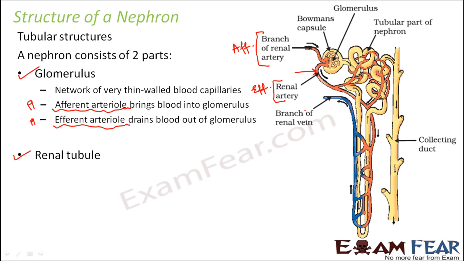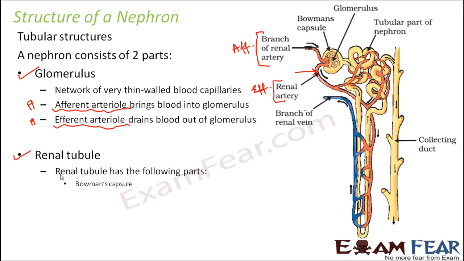So for now, just understand that the glomerulus is a network of highly coiled capillaries. Okay, the next part is the renal tubule. The renal tubule, as you can see, is a long tubule where some of the portions are very coiled, some of the portions are in the shape of U, some portions are straight. So, but it is a long tubule. So, it is further divided into